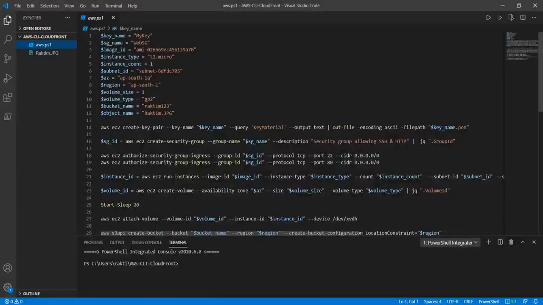Now I have created this PowerShell script. So this script will create these components and then finally it will upload this image and it will start the web server, create one HTML page temporarily here. Then on that image it will put the URL of CloudFront, and then from that CloudFront URL we're gonna fetch this image on that website.